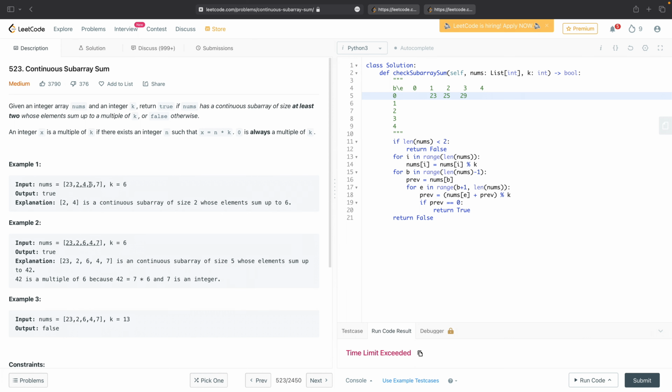0, 1, 2, 3, 4. Hang on. No, sorry. We started with the 25. Then we went to the 29. Then we went to the 30, 35. And then we went to the 42. So here, this would bail us out. There. We could immediately say that's done. But I'm wondering if we go here,